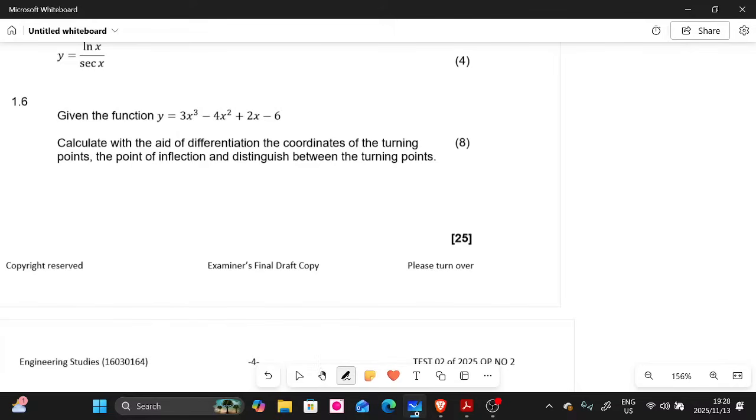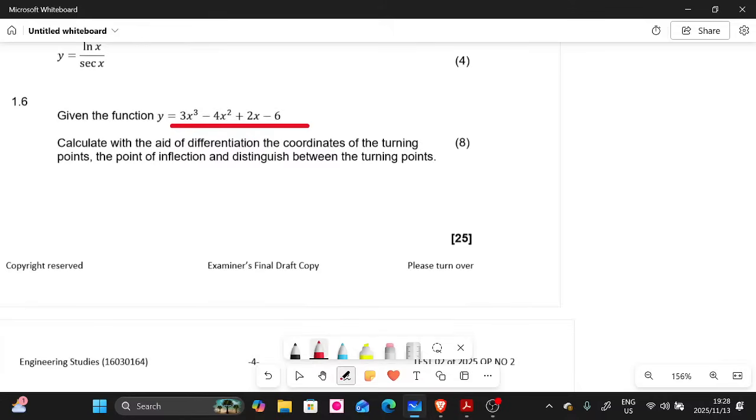They love it. See, this question paper, in fact, is a good question paper to practice for the final, because it has almost every question that they would like to ask on the final question papers. They love this one. 1.6, you are given the function y equals 3x cubed minus 4x squared plus